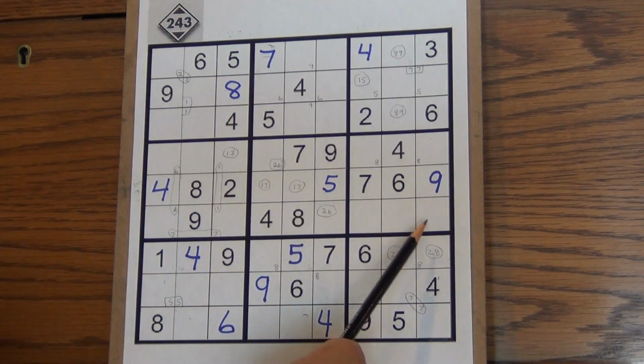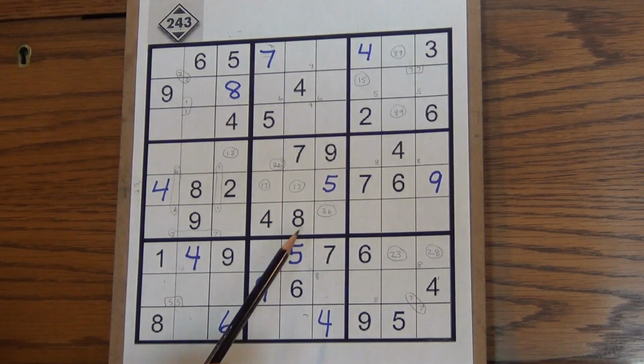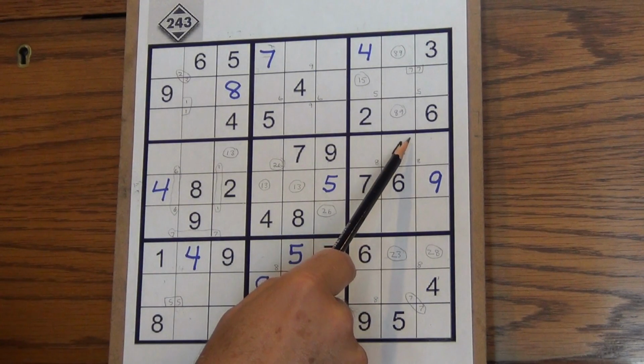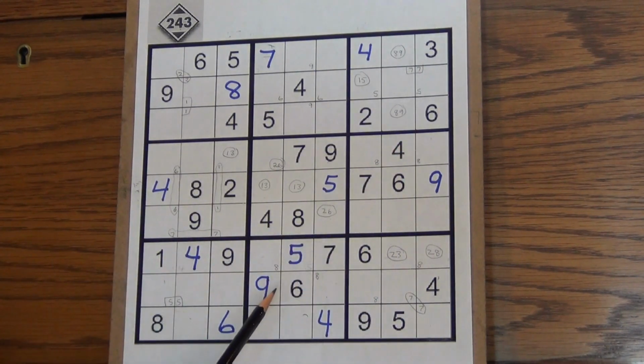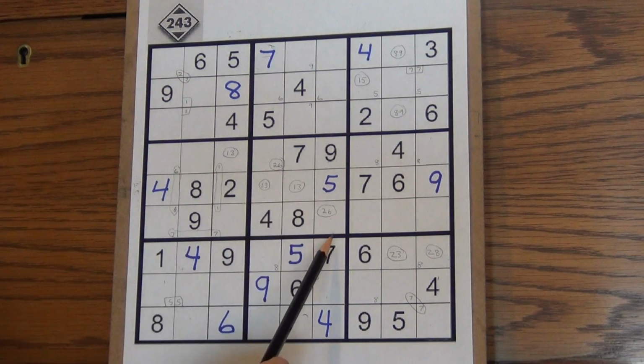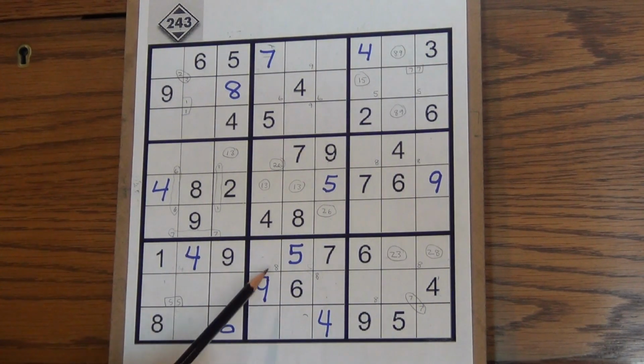5, 4, 3, 3 is in the middle here. 3 is here, here, here, nope. 2, and 1, not enough. We'll go to the bottom, we have 9, 9, 9, 8, 8's got to be one